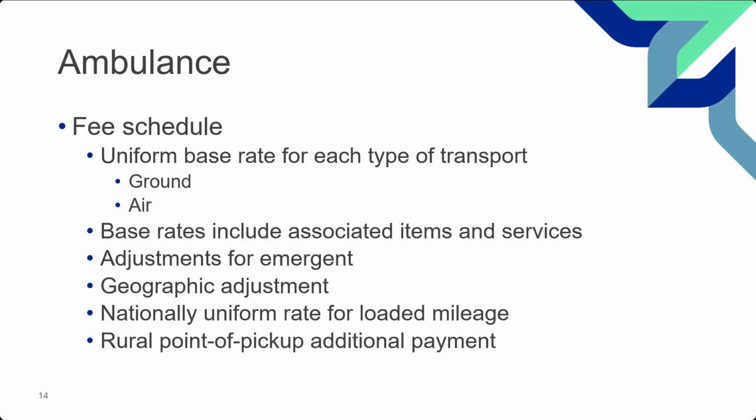These are defined by the federal government, and what it looks at is whether it is rural, super rural, or urban, and you can do an adjustment based on that, depending on where you're picking them up and how long it's going to take. It figures into a variety of factors. So for ambulance, you are really looking at a fee schedule that is established by Congress. We don't get a lot of choice in that, but it's also packaged.